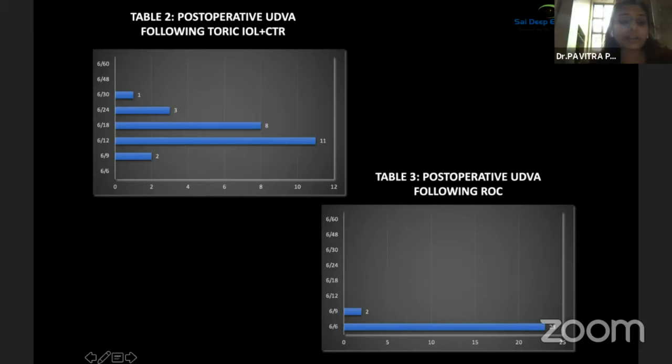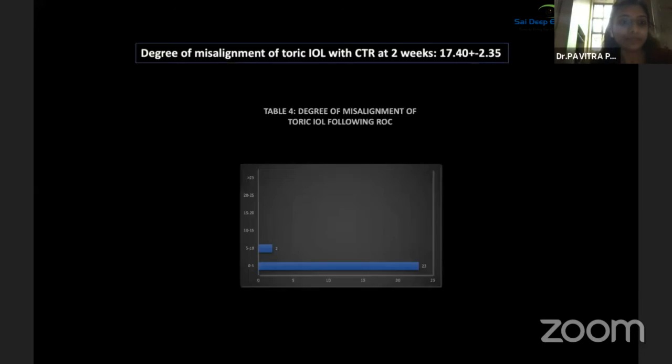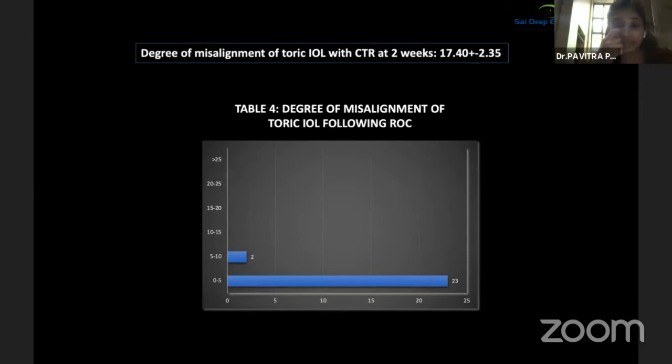So now post-reverse optic capture, we saw a statistically significant change in the post-operative UDVA, wherein around 23 eyes had an uncorrected distance visual acuity of 6 by 6, and 2 had an uncorrected distance visual acuity of 6 by 9. So post-ROC,